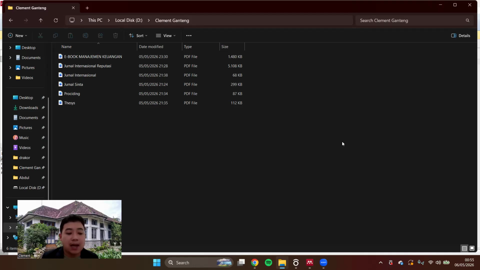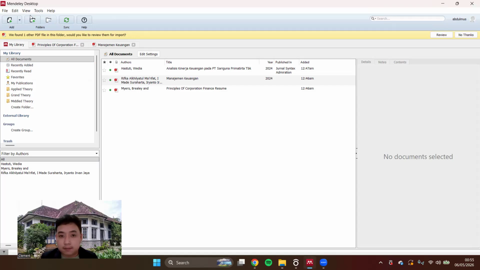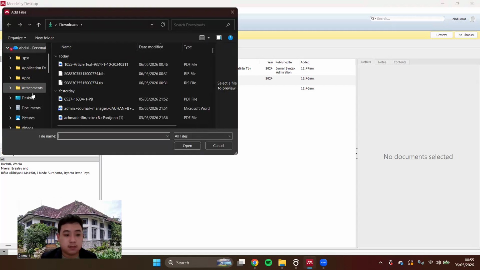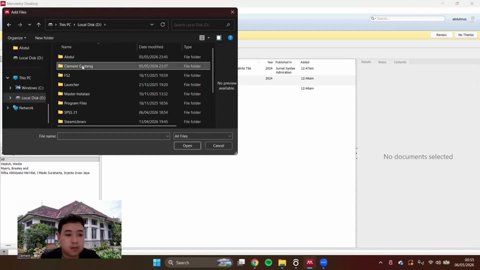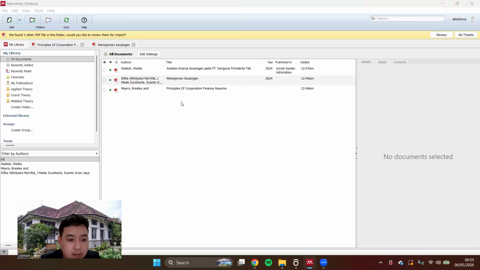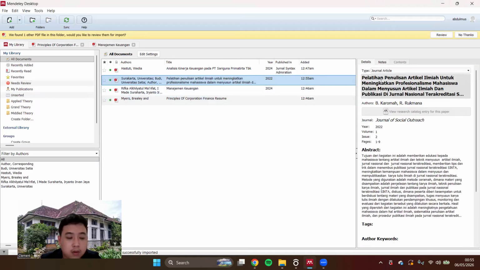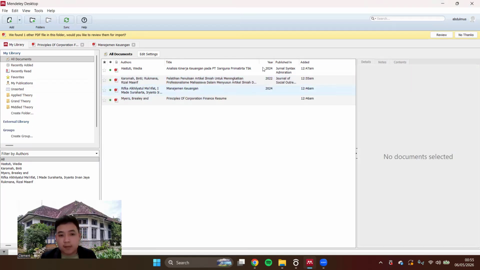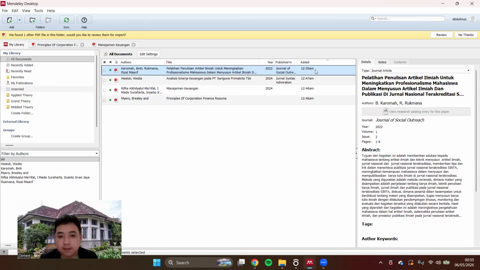For the first one, I'll select a SINTA journal file, click the file, and then click open. All right, the file is now in our list.